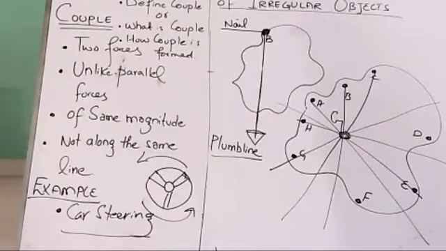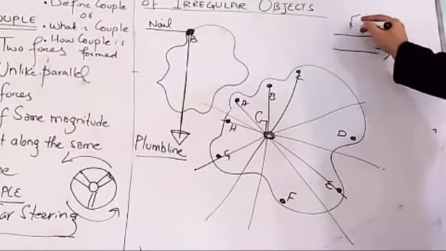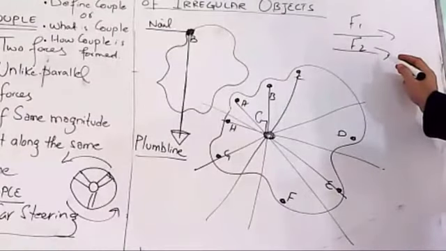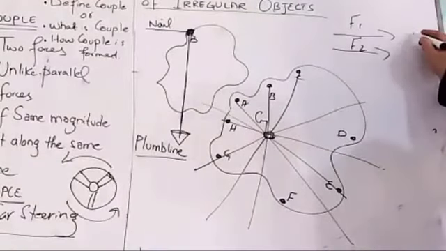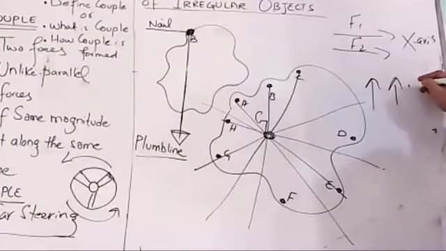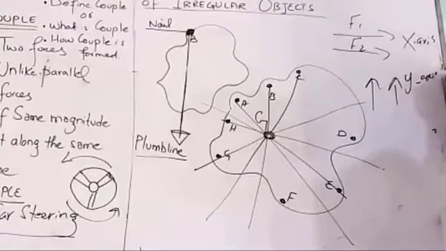I have told you about the concept of unlike and like parallel forces as well on that day, that if the forces are acting along the same plane, these are two forces. Force number 1, force number 2, F1, F2. Right now both are acting along which axis? They are acting along the x axis. If these are the forces, they are acting along which axis? They are acting along the y axis.